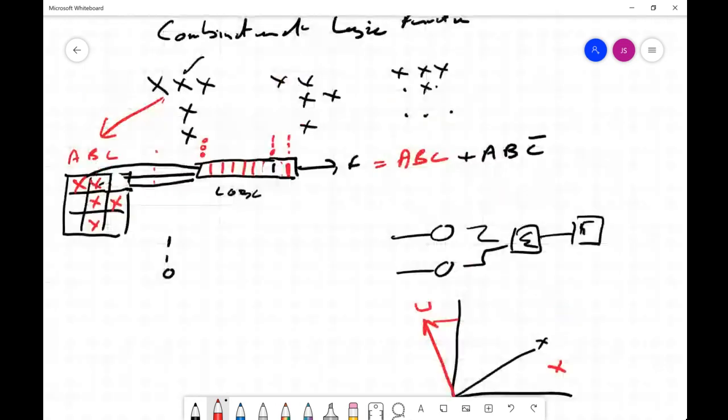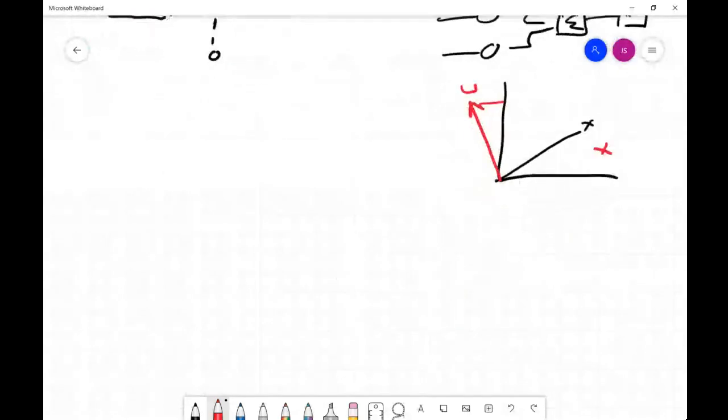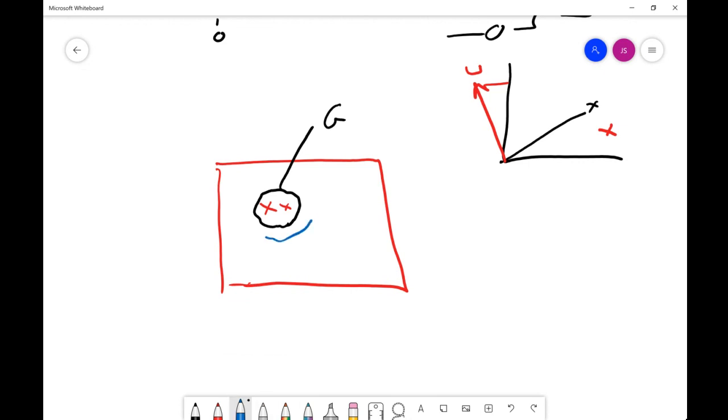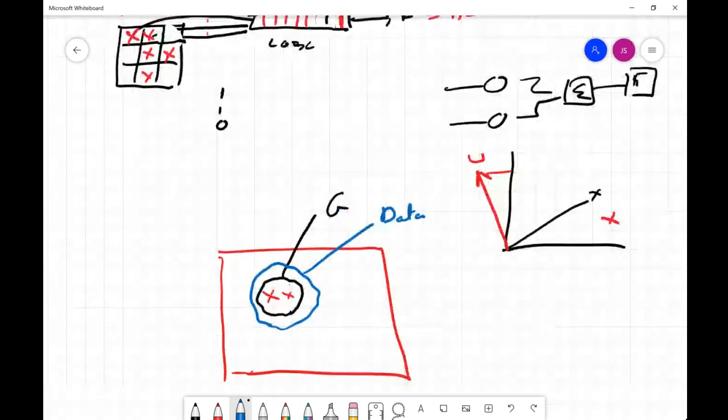So back to my digital model, training is additive. And of course, if you want a set diagram for that, what you have is a training pattern. If you add 2 training patterns, it will generate a cluster around that. And that will be your generalization set. And of course, the generalization can grow until, hopefully, to solve a problem, we have a data set which contains all the patterns of the class you're looking for. If G, the generalization set, matches the data set, then you've got a very useful strategy.